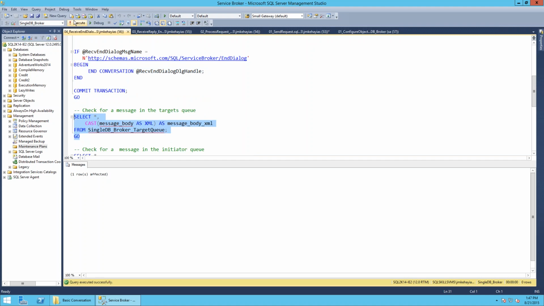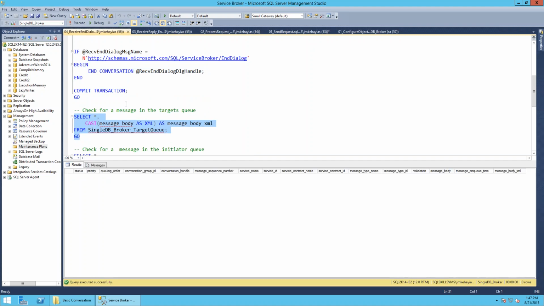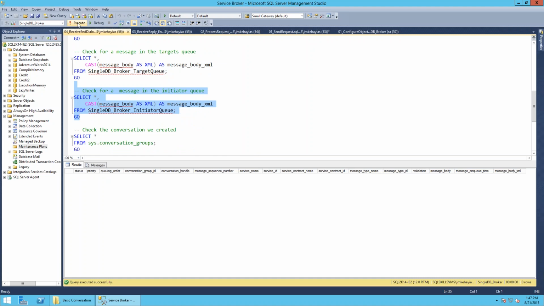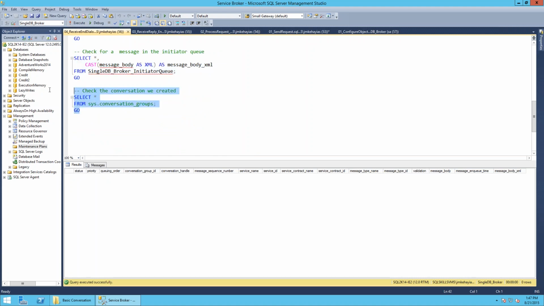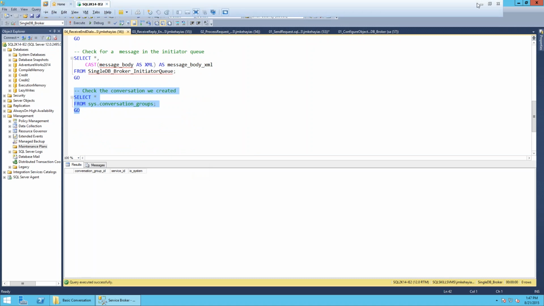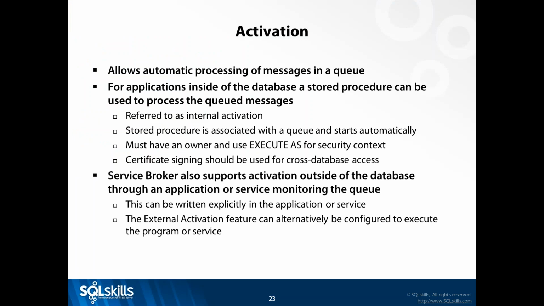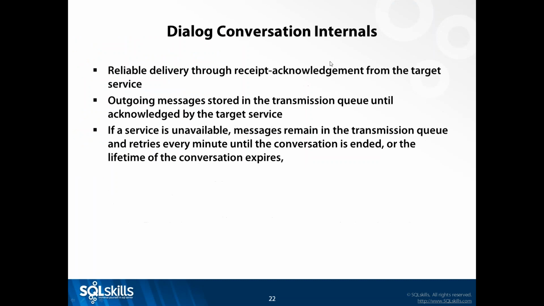So if we look at our target queue, it no longer has any messages. Our initiator queue no longer has any messages. And if we look at our conversation groups, it's empty as well because we've closed that conversation out end to end inside of our dialog. So the dialog conversation is basically the reliable delivery through receipt acknowledgement from the target service back to the initiator